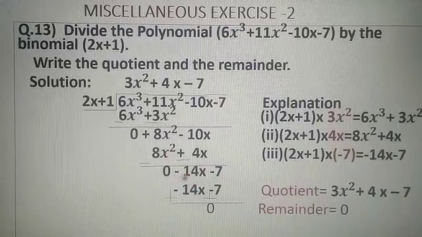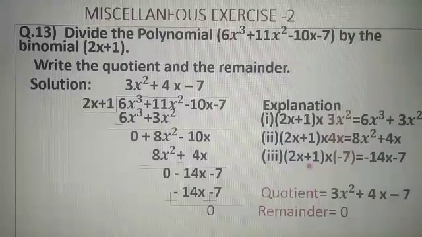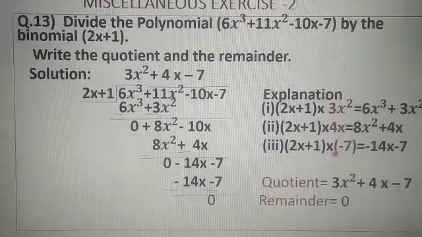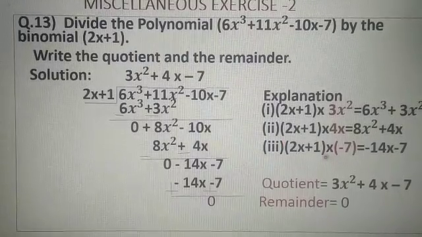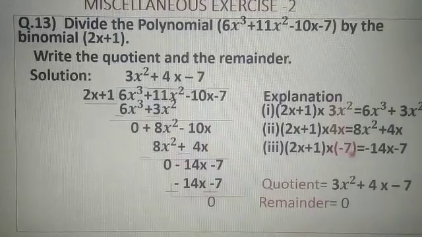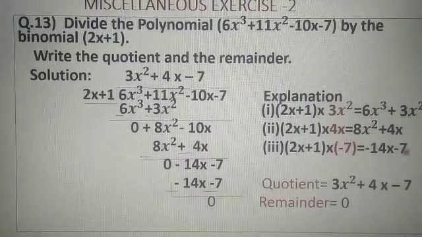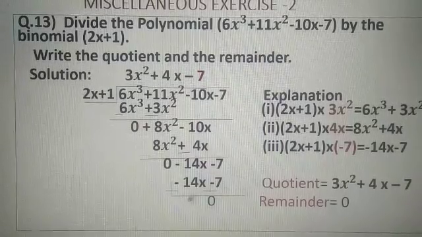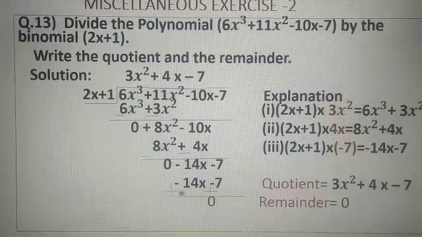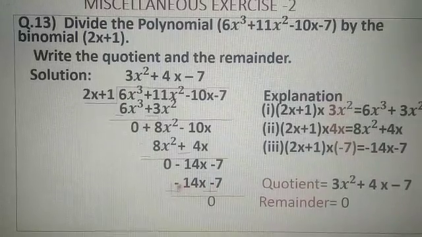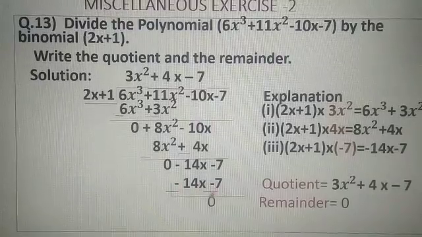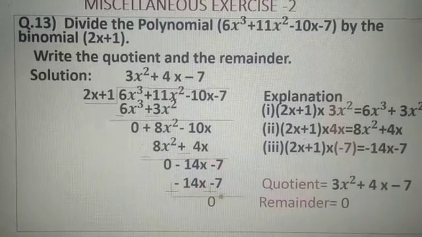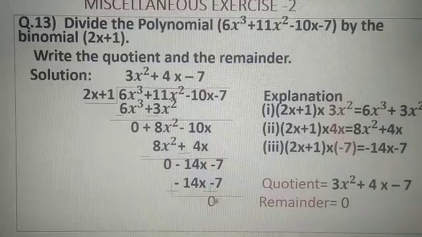Now what we want? Minus 14x. So 2x plus 1. So children, 2x plus 1 is multiplied with minus 7, and what we get? Minus 14x minus 7. So we will write minus 7 in the quotient part, this minus 7, and we get minus 14x minus 7. Now change the sign of the last terms. This minus sign will change to plus, this minus sign will change to plus. Minus 14x plus 14x cancel, minus 7 plus 7 also cancel. Here in the remainder we get 0.